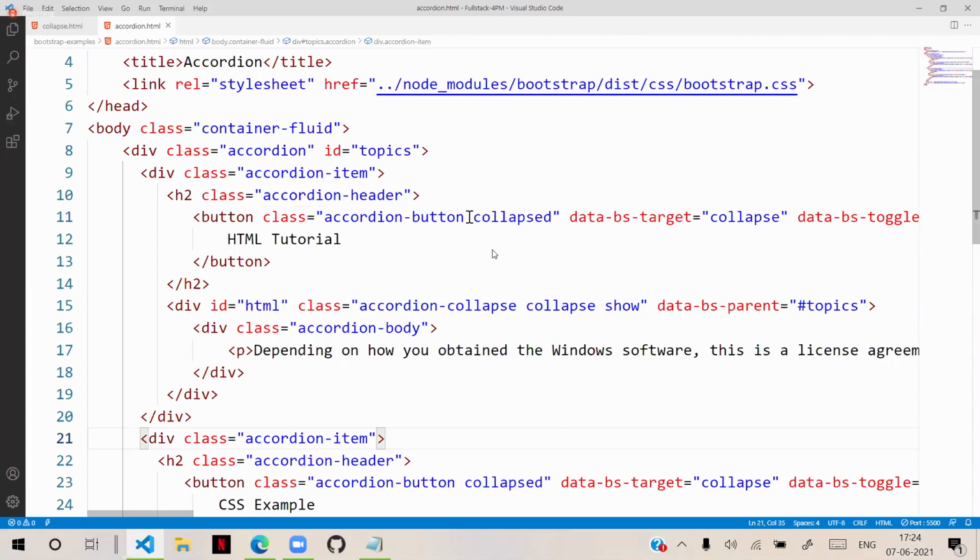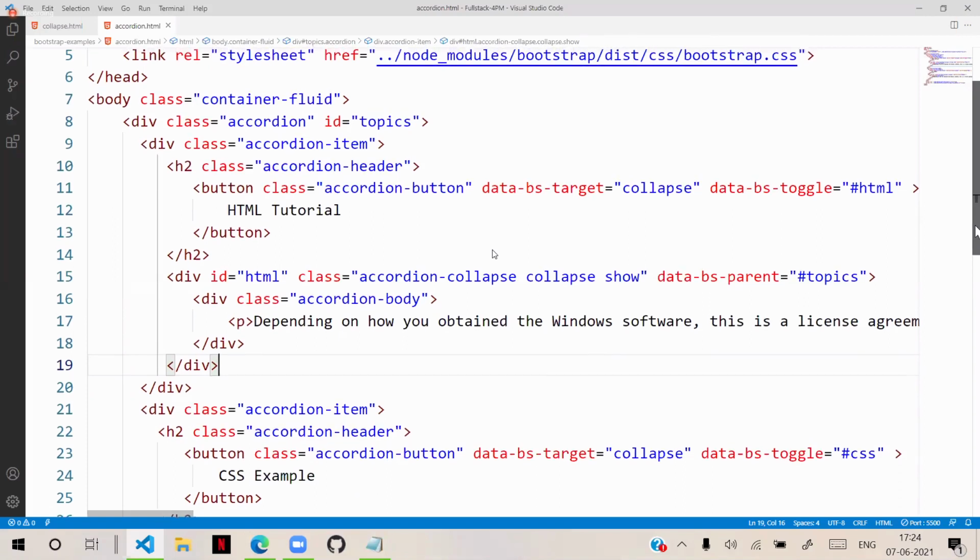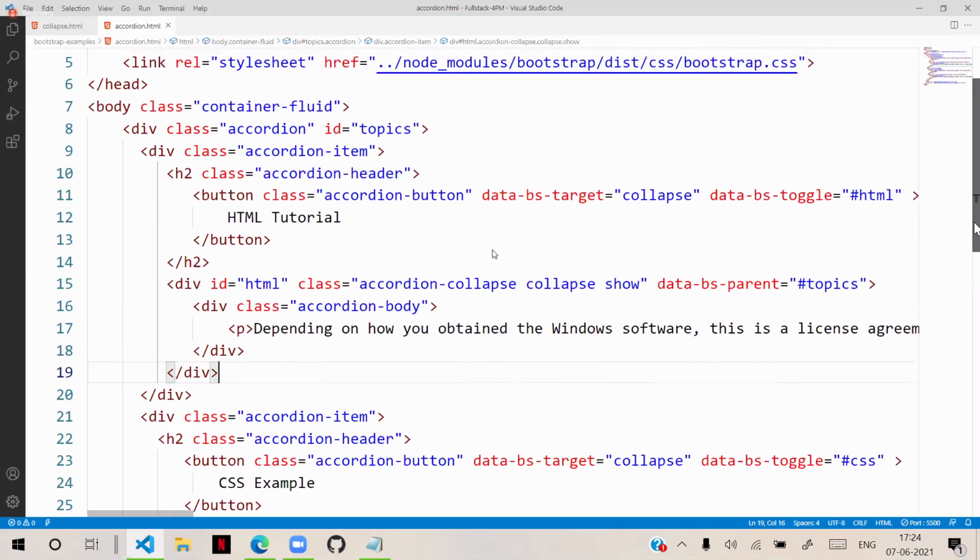So collapsed, or these buttons can have the ordinary data-bs-toggle. We gave it wrong here.